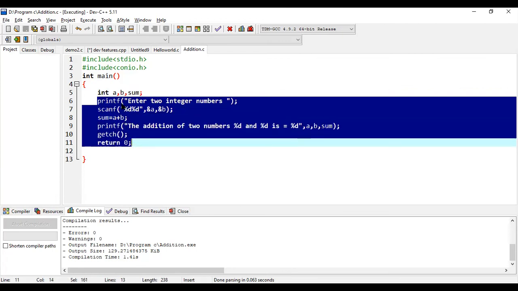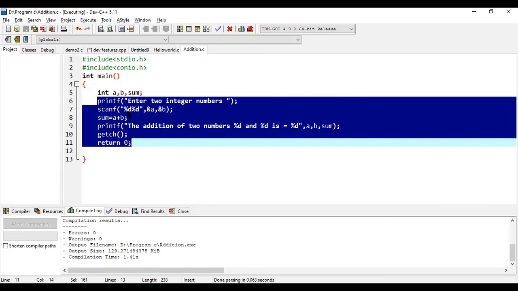So here the first line is we give this message to the end user to read two numbers, and second one is the scanf function to read the value from the end user. So we are going to read two integer numbers, and the numbers are stored in this address. So to specify the address, we have given ampersand A and ampersand B.